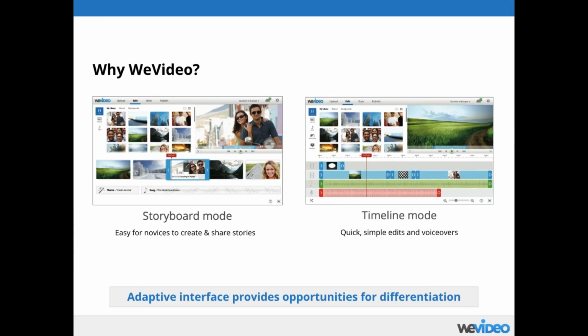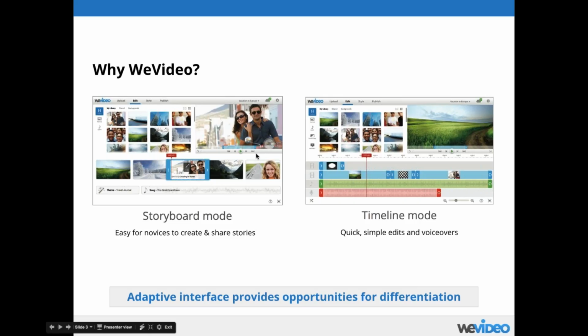So why WeVideo? One of the main differentiators, I would say, compared to any other tools, is that WeVideo is a cloud-based solution. So it provides an amazing way to do videos not only on one machine but in a variety of different formats. And to that end, we've actually created an adaptive interface.